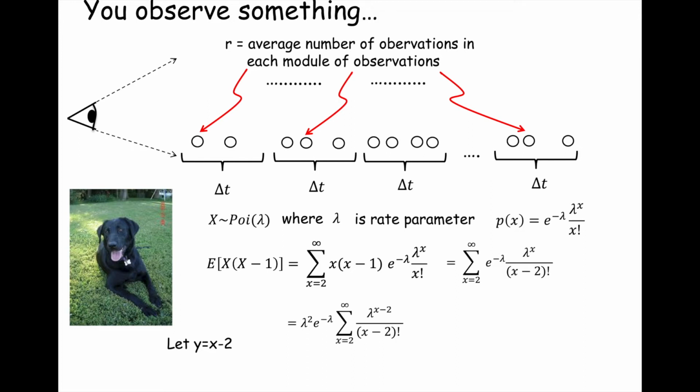So here I'm going to write y equals 0. Now, of course, the upper bound of the summation is infinity minus 2, but infinity minus 2 is still infinity, right? So I make those substitutions with my change of variable, and now I have lambda squared, e to the minus lambda, summation, y goes from 0 to infinity, of lambda to the y upon y factorial. That is exactly the Maclaurin series for e to the lambda.